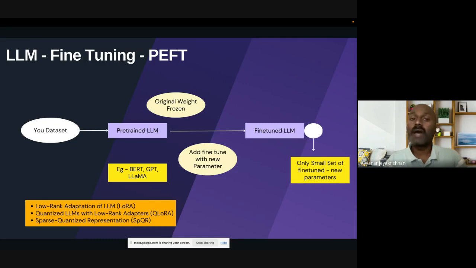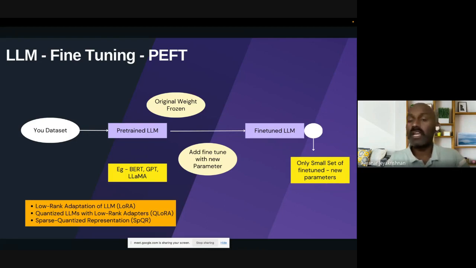Then the parameter efficient fine tuning option came. Here, it takes the pre-trained LLM and keeps the original weights and biases. The parameters are frozen, and they add an adapter, another layer on that model. Then they train with your data. Here you can do it at a fraction of the cost, say 1/10 of the cost. You can fine tune the model. There are multiple techniques you can use.